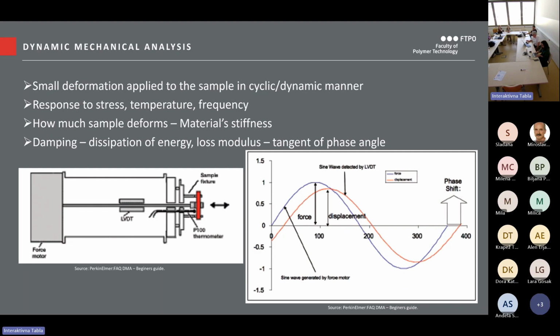So we usually apply small deformations to the sample in a cyclic or dynamic manner, usually in a sinusoidal way, and we measure the response of the sample to stress, temperature, and frequency. Here we have a scheme of standard 3-point bending